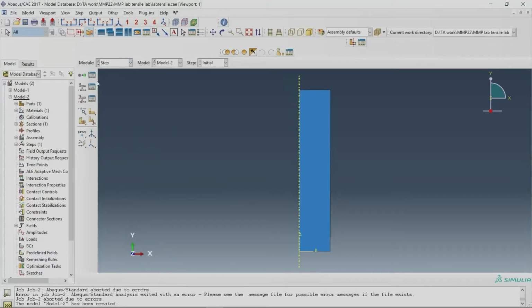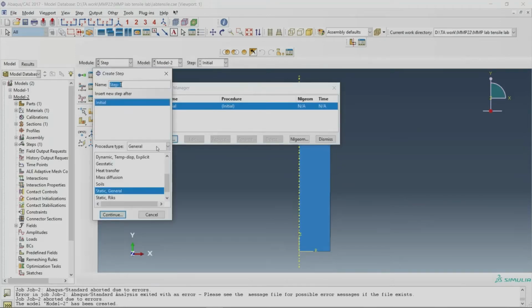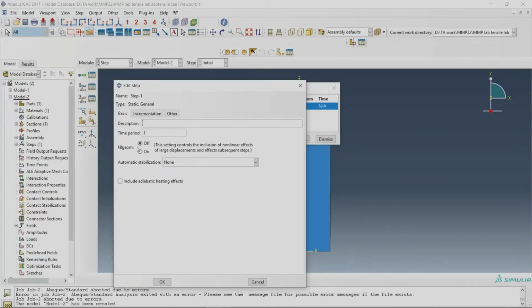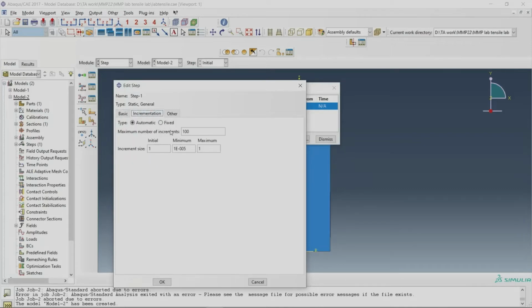And the second is the step, where we are going to use static general. This is your main step. Nonlinear geometry, make it on, and for the incrementation, just make it as I am doing.